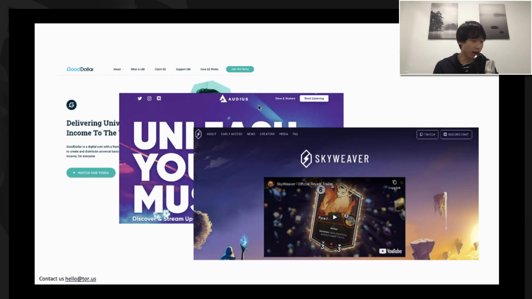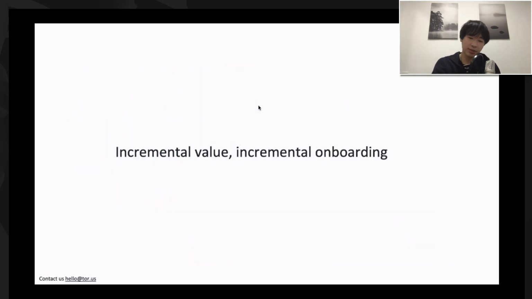You just need to try out any one of these applications to see how seamless their integrations are. These are apps you would actually introduce to your parents and friends, and expect them to be familiar with the user experience, indistinguishable from a typical Web2 app that you get from the App Store or on the web. These apps are built on the philosophy of incremental value and incremental onboarding.